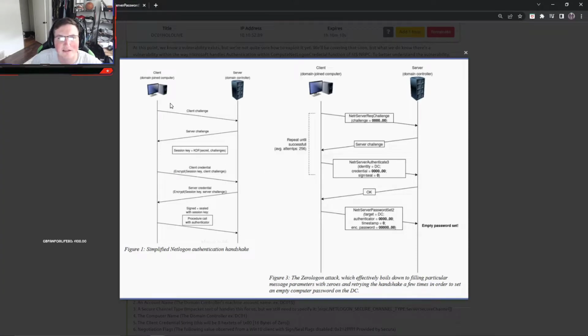So we're going to look at the handshake. This is the basic concept of what's going to happen. This is how it's normally going to look, that login authentication handshake. Client, server, they get a session key, client credential, server credential, and then boom, you have an actual session. Now here's how it's going to look the way we're going to do it. They're going to send the challenge, but you'll notice we're purposely going to put all zeros in there. The reason is mathematically, since we know that the initialization vector is 0, if we make the challenge 0 as well, there's a 1 in 256 chance that the actual result will equal 0 when it's done.